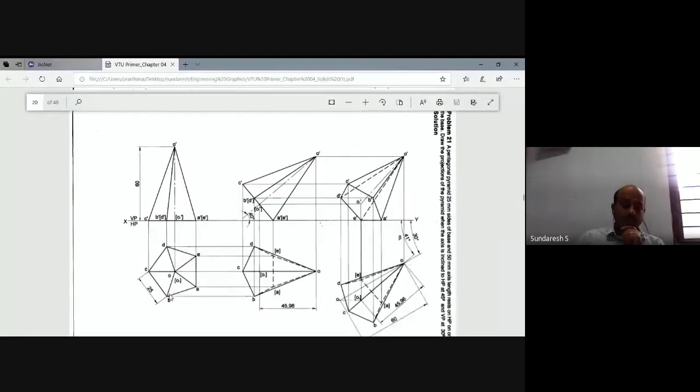Observe here. When you draw a pentagon for the top view, it is mandatory to join the slant edges. How do you draw the slant edges? You have to draw the perpendicular bisectors of the pentagon. A perpendicular bisector is a line which joins the corner to the midpoint of the opposite edge. You have to draw all five perpendicular bisectors, and at the point where all five meet,